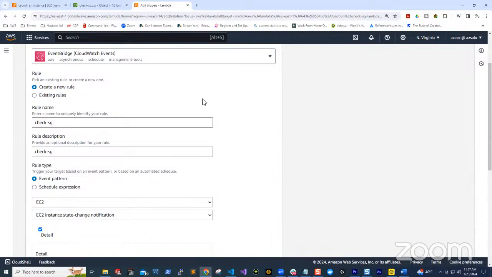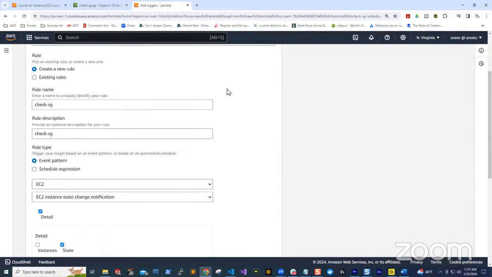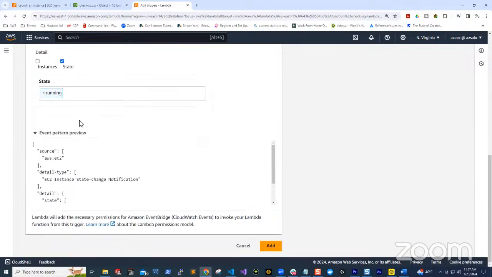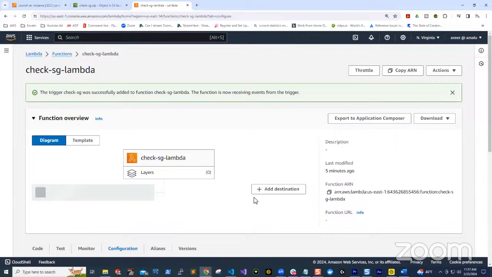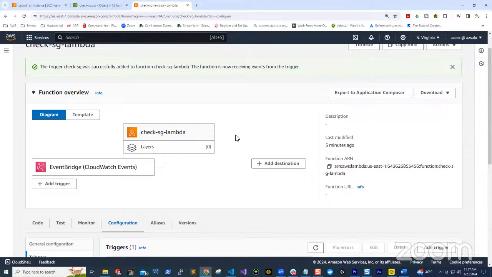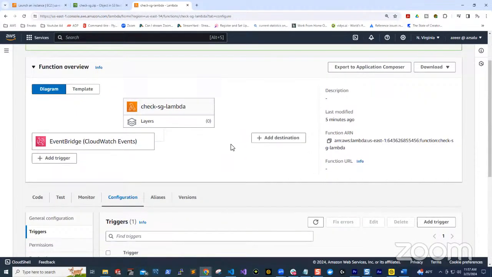And whenever that happens, EventBridge is going to trigger the Lambda function. The Lambda function will be triggered and it will run our code. So once you select that, that's all we need to do here for the trigger. Then click add. We have successfully added the trigger. And the next thing I'm going to do is